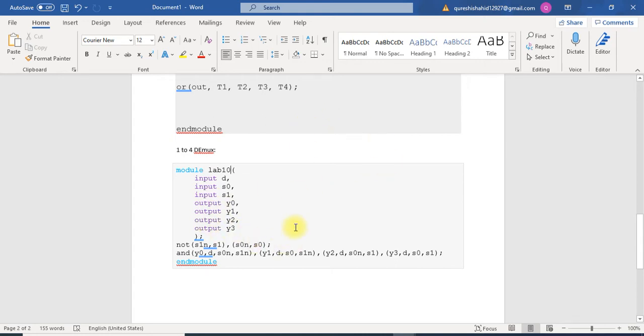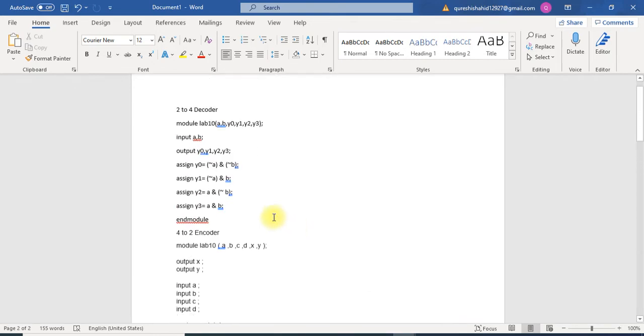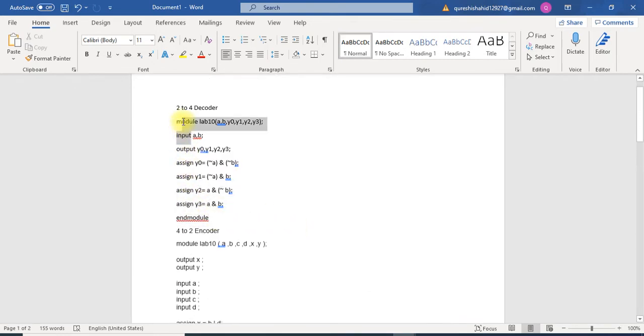Now we will implement it in Quartus software and verify whether it really works or not. First of all we will implement the Verilog code for the 2 to 4 decoder. For that purpose I just copy and paste the code.